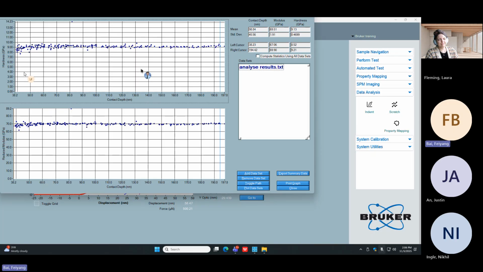So the tip area function calibration is only on the fused quartz. Or in another sense, let's say I calibrate today and everything looks good. I've been using it for a couple of weeks, and my data, after